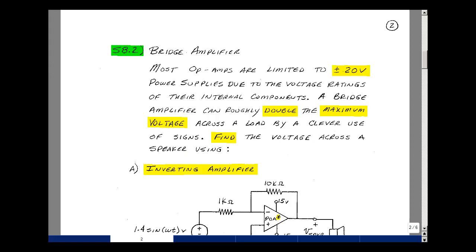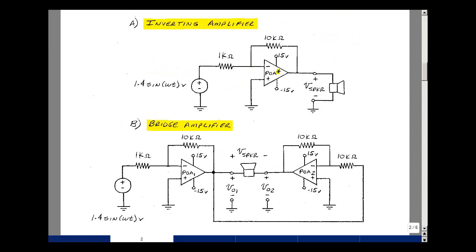Let's find the voltage across a speaker with two different kinds of amplifiers. The first one is just an inverting amplifier with two resistors and an input voltage. Suppose that input voltage is 1.4 times the sine of omega t. The voltage here at the speaker is going to be minus the resistor ratio, which would be 10k divided by 1k with a minus sign, times 1.4 sine omega t. So the output would be equal to 10 times the input, so it would be minus 14 times the sine